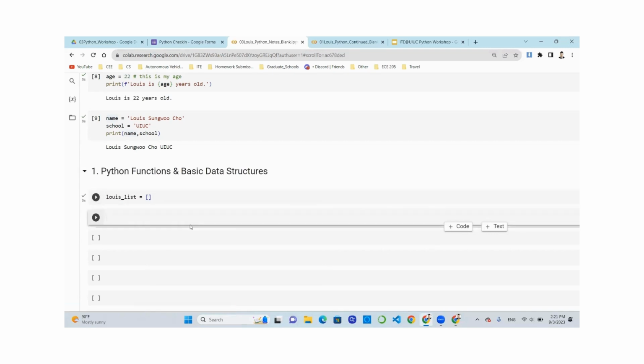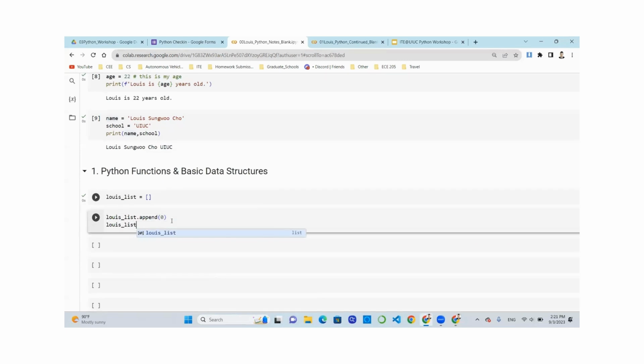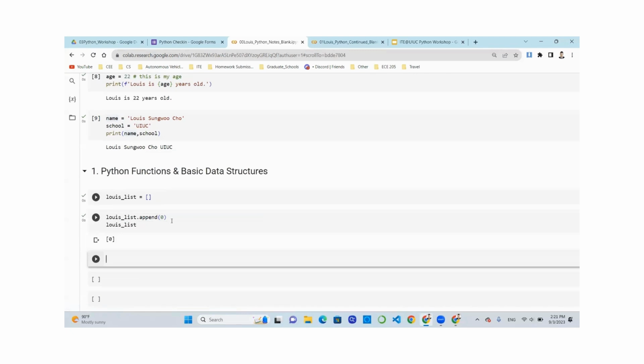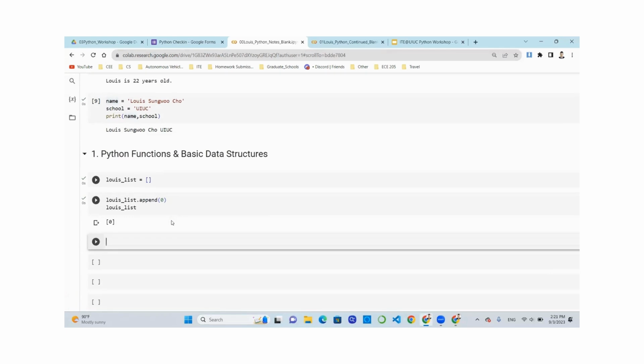Obviously, there's nothing here. Now, if you want to add each element towards the end of the list, what you can do is Lewis list dot append. And then what happens is a 0 is appended here. Okay. How many of you heard of for loops? Iterating through each item of a list, or for a certain number of times I want to iterate through to perform some sort of calculation. Okay, so I could say for I in range